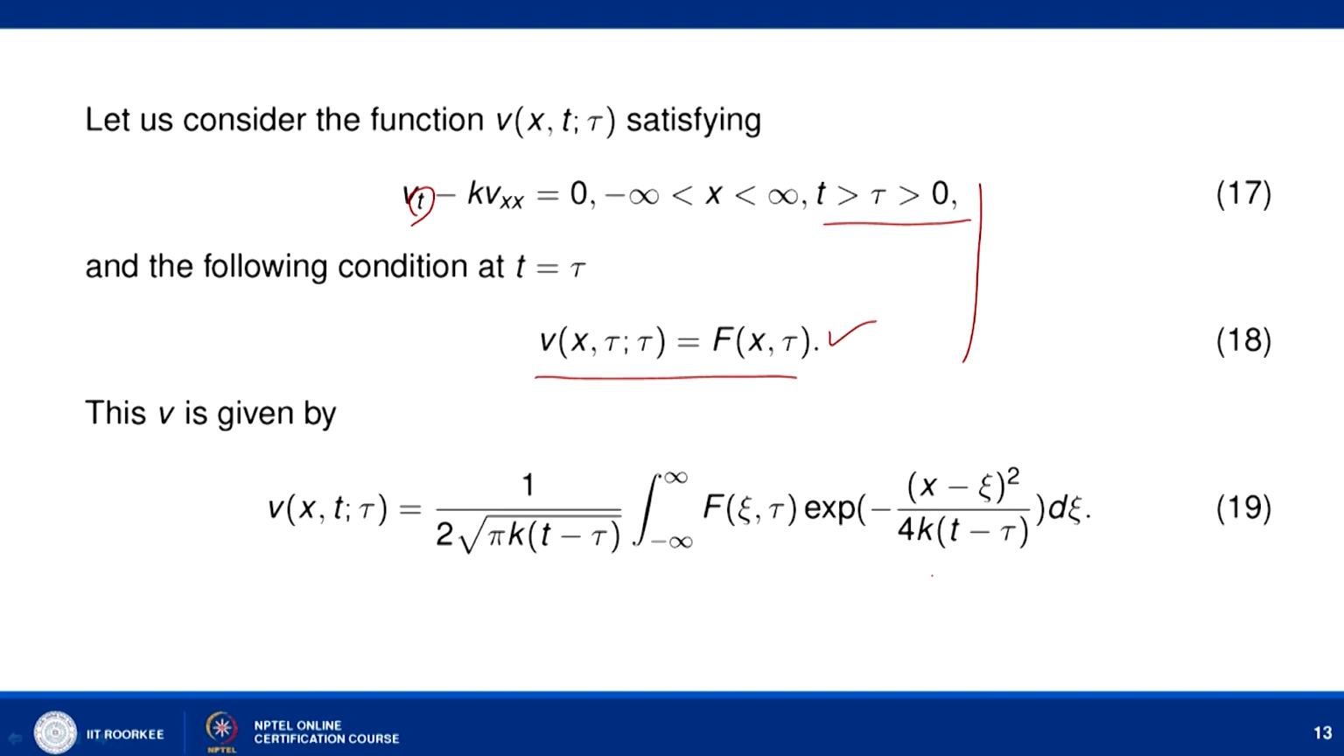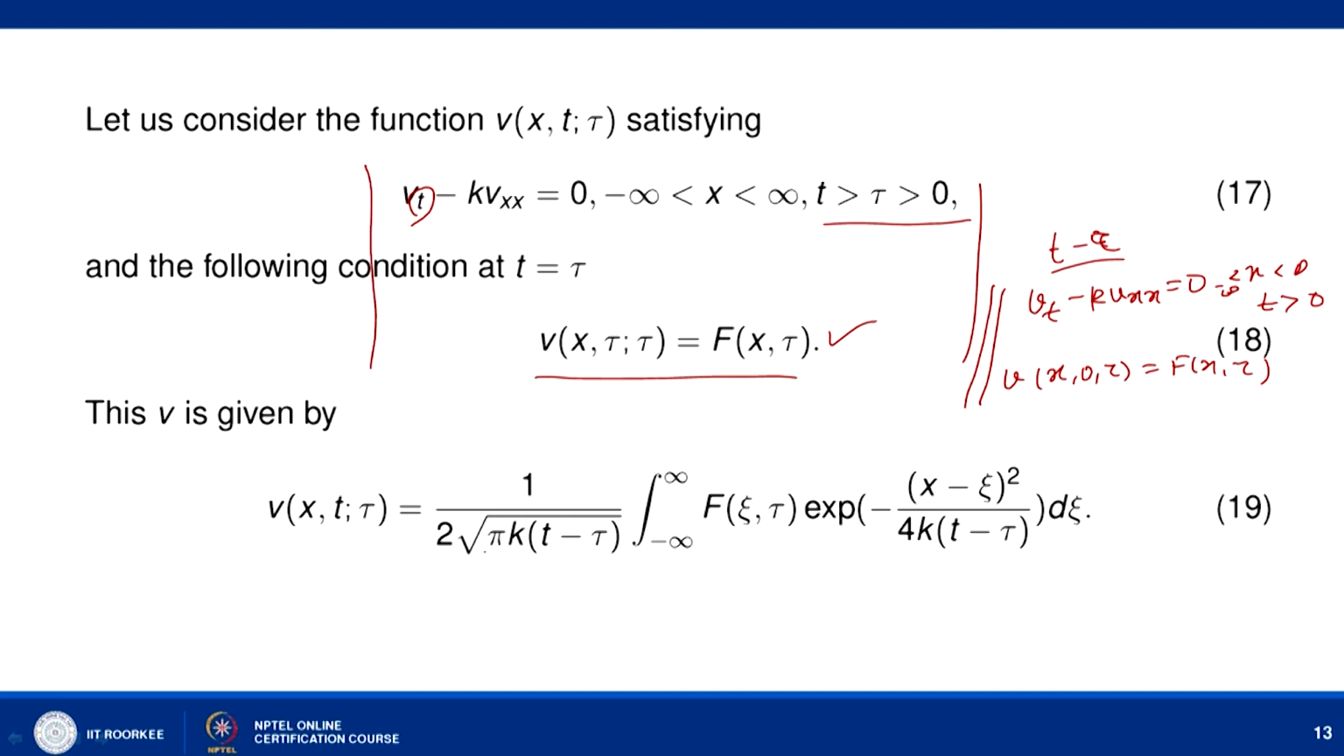Here you simply replace, so here t is greater than or equal to τ. So, you just replace t by t minus τ, and we can find the solution like v_t minus k v_xx equal to 0, where x is lying between minus infinity to infinity, t greater than 0, and v(x,0,τ) is f(x,τ). We already know how to solve this, and once we solve this you just replace t by t minus τ, and you can see that v(x,t,τ), which is the solution of this, is